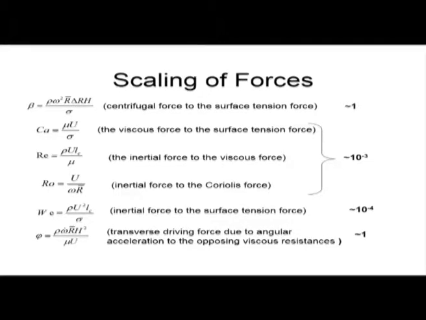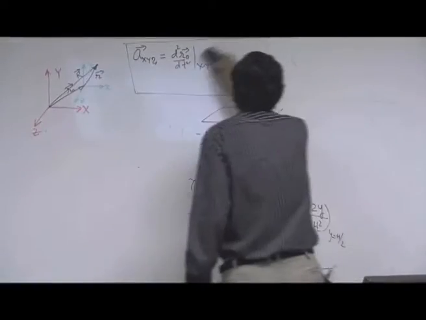Now in a rotational paradigm, whether droplets or bubbles will be formed or not depends on the scaling of various forces. So I will try to discuss the scaling of various forces, and one of the key parameters here for bubble generation on a CD is the interplay of centrifugal force to surface tension force. The ratio, if it is typically of the order of 1, then these two forces actually compete with each other. So let us try to derive how you get these scalings. Centrifugal force by surface tension force.